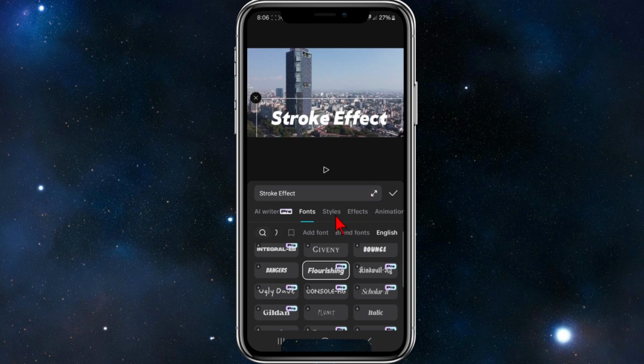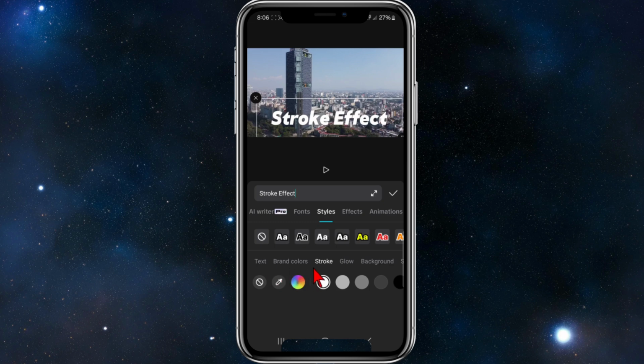And now from here I want to go to styles, and I've already got stroke highlighted, so go ahead and click on stroke. You've got glow and backgrounds and that, so yeah, click stroke, and now choose what color you want on your stroke. So if I want just grey here, I'll click grey and then change the width with this slider,